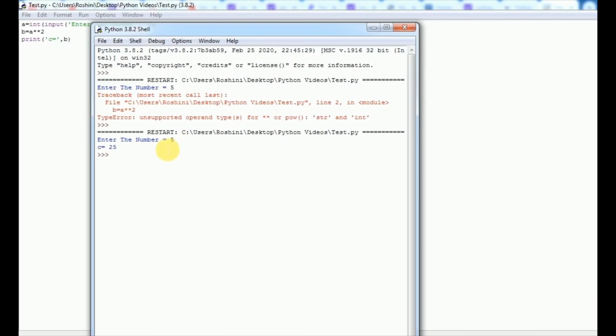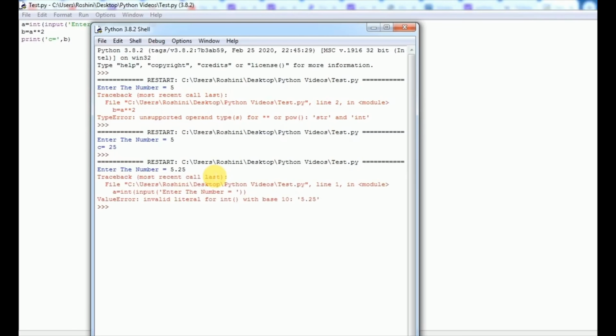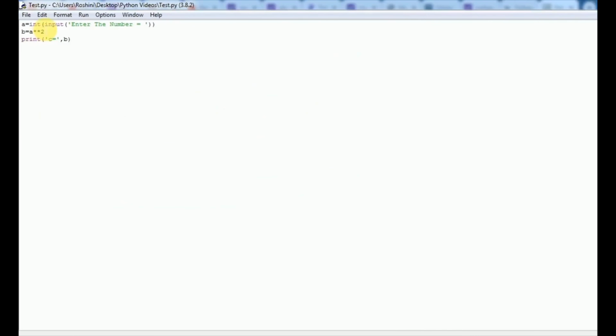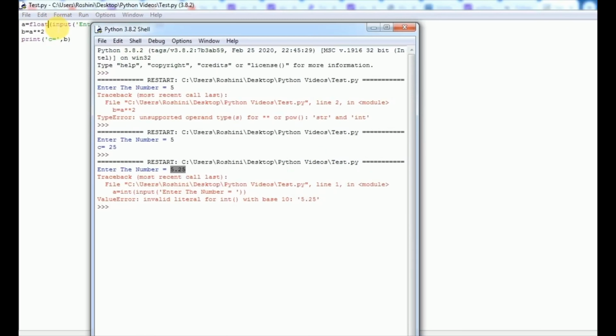Instead of an integer, let's try with a float and see what error is shown. Run the program again and enter the number as 5.25 and we got an error. Let's see the error and how we can solve it. 5.25 is a floating number. To sort out this problem, I am introducing the float function. Let's check the output after putting float. Run. Okay, 5.25 and we got